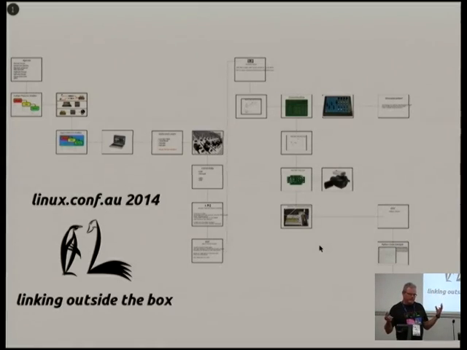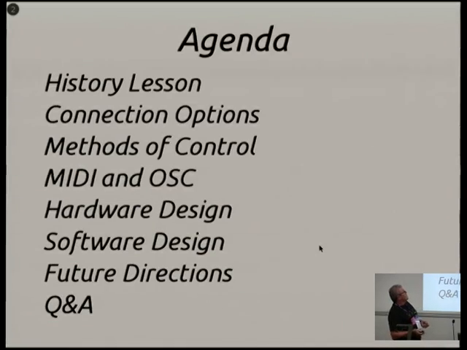it's what's happened over the years with digital audio workstation stuff: it's all moved into the PC, and this is a process of trying to get some of the control of it back out again, because a mouse and keyboard are not really the ideal interfaces. So we're going to have a quick history lesson of how music used